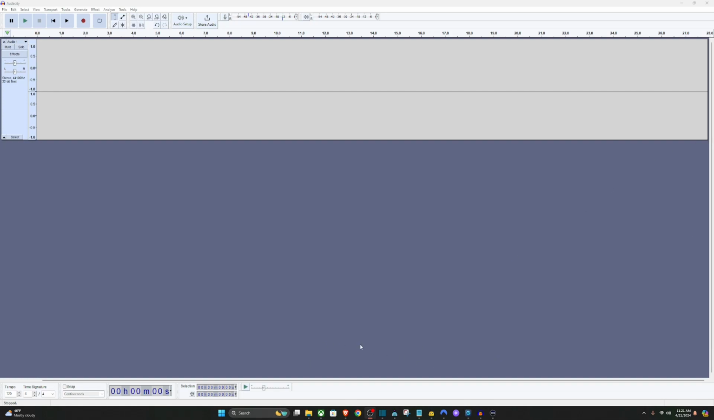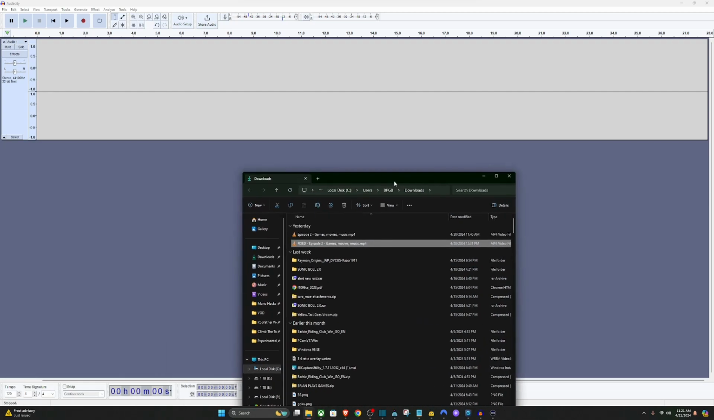So what I've got here is a free program called Audacity. It is a free video editor, no frills, pretty powerful if you know what you're doing with it. But we're just going to concentrate on using free tools here today, and it's super easy. So the first thing that I want to do is I want to import my video. So I've got a video here